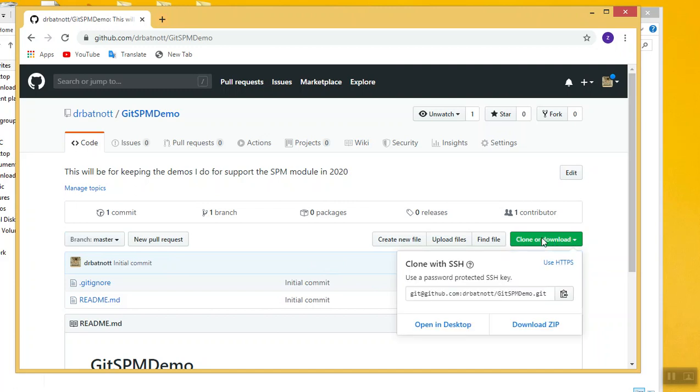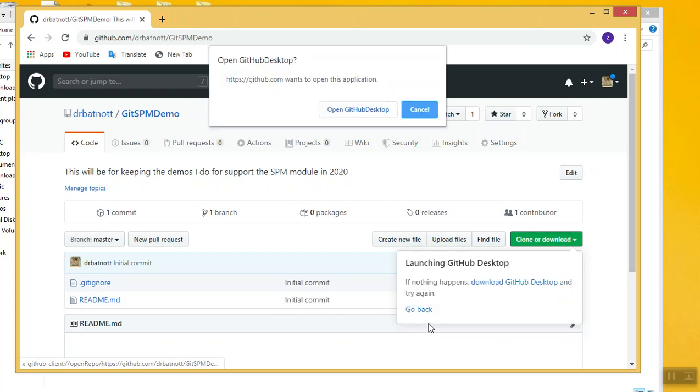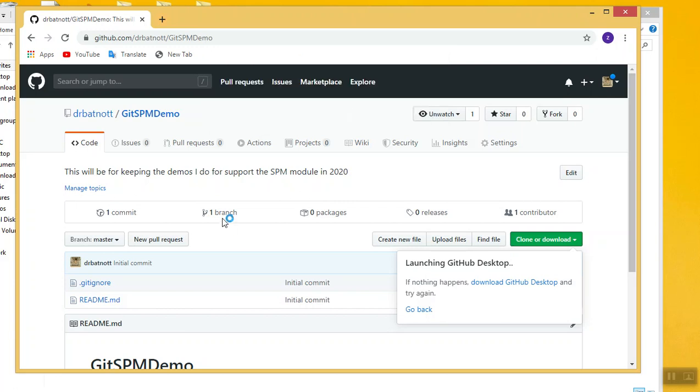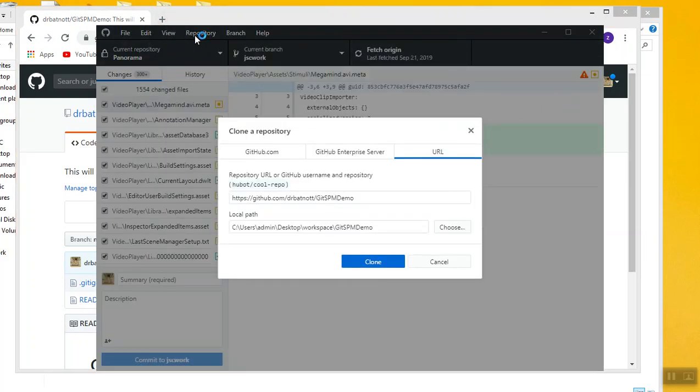Now, you can clone with SSH. The best way I've found to clone things is to use the Git for Windows, GitHub desktop, and I've already installed that. You can find it by searching for it on Google. Just search for GitHub for Windows or whatever operating system you're using. I think there's one for other. There's definitely one for other operating systems. So I've already got that repository,